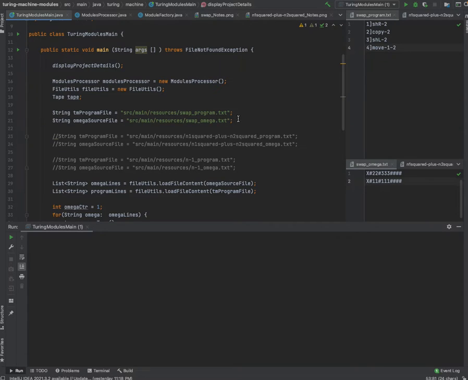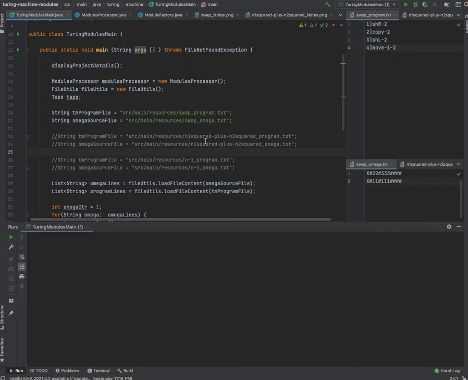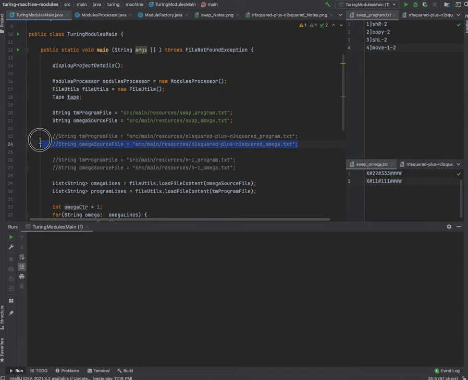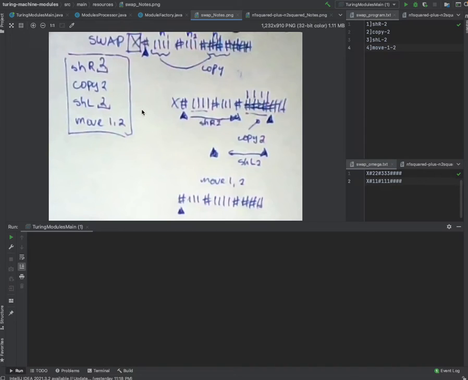The swap program, it's the first one we're going to test. The N1 squared plus N2 squared program, that's the second problem. And the third problem is the N minus 1 program. So these are the Turing modules that are